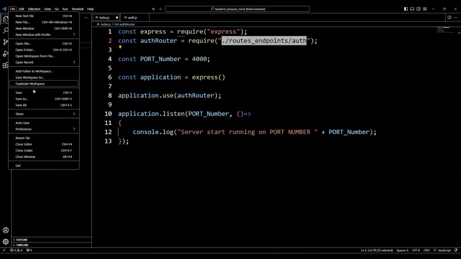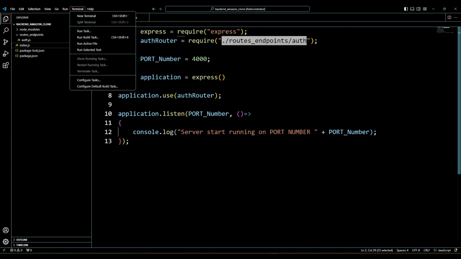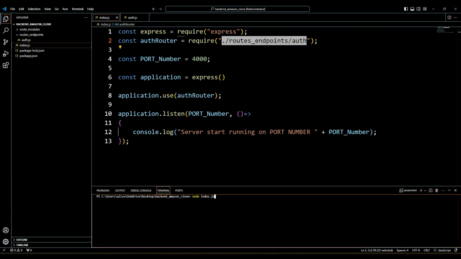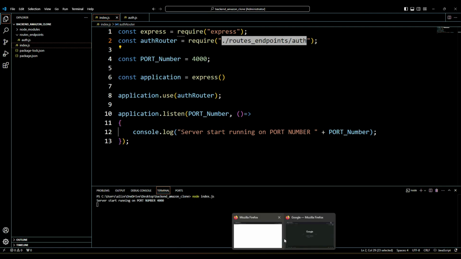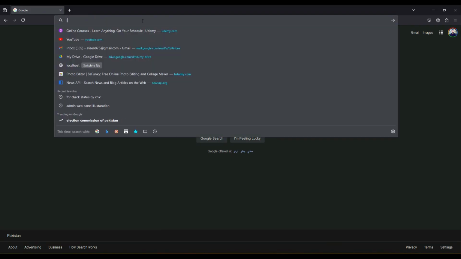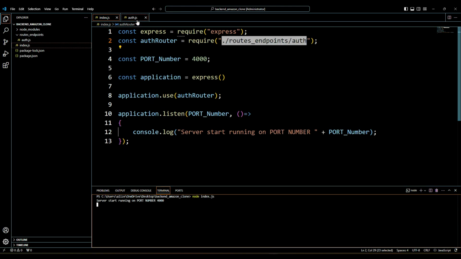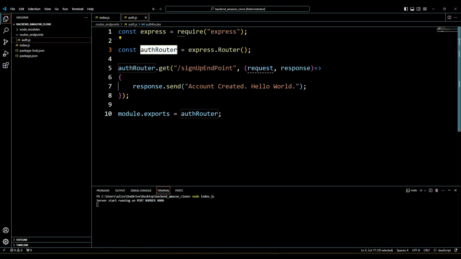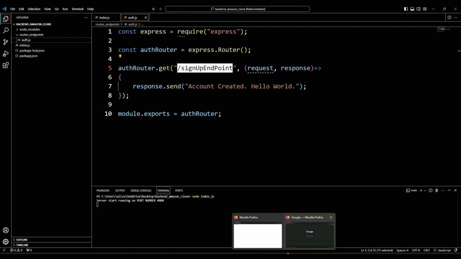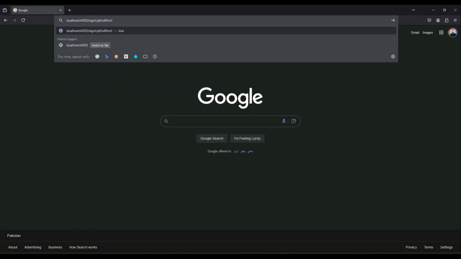Anyway, now let's save all and start running the server. Server is running on port 4000. So now let's test our application. Our endpoint name is sign up endpoint. So here you can see